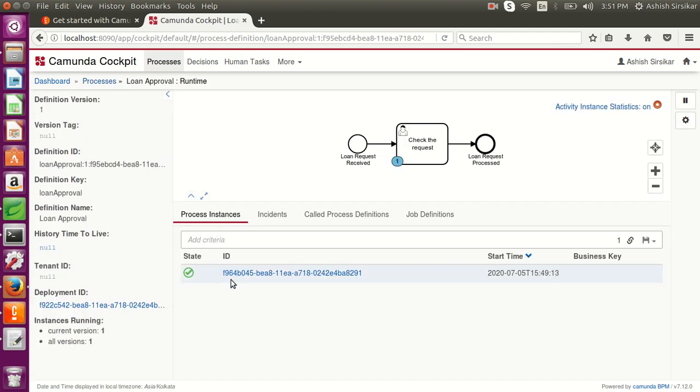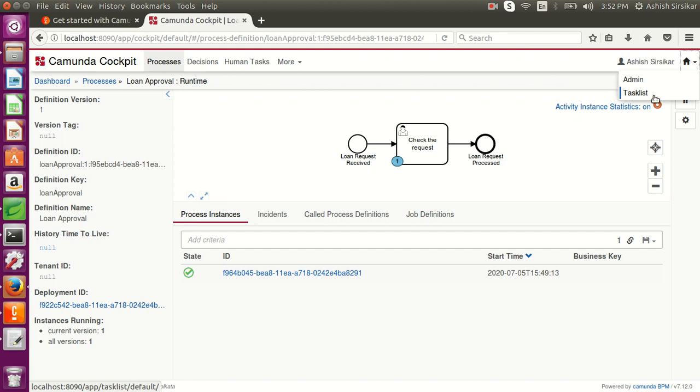You can see a process instance ID, and your process is pending here. That means you can see one running activity instance, pending with this user. If the user takes some action, then it will get completed.